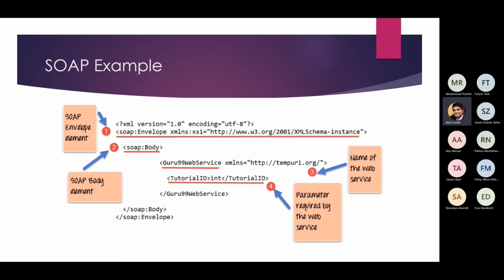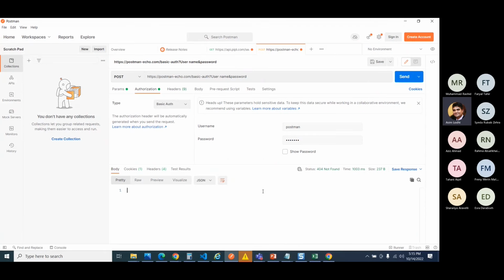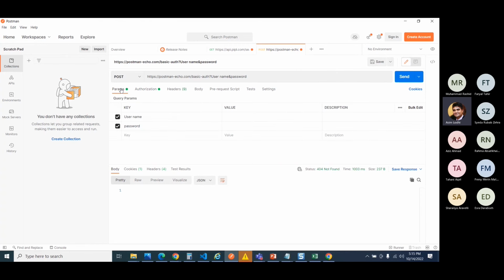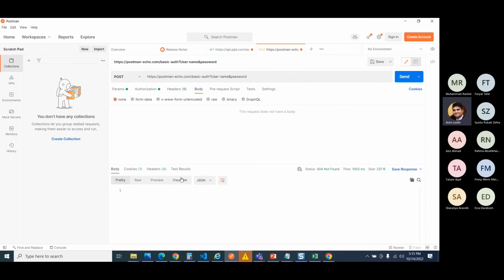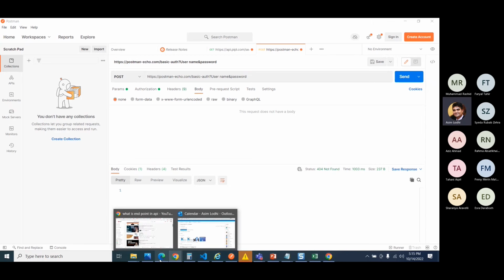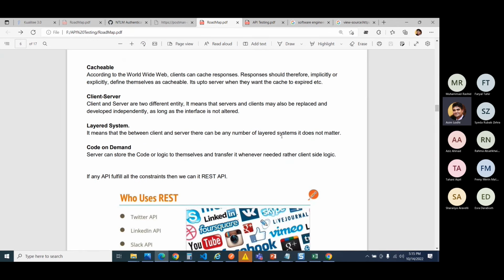But with the help of tools like Postman, which is our main target and plan, we can easily see the parameters, the body, and the responses we are getting. So these are the things we need to understand. And this is the main purpose of this session for today,